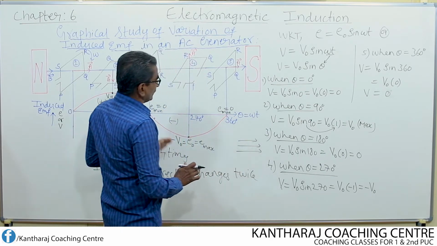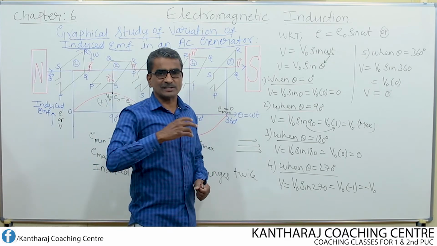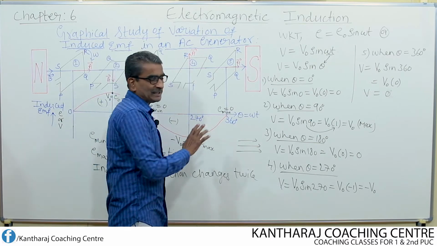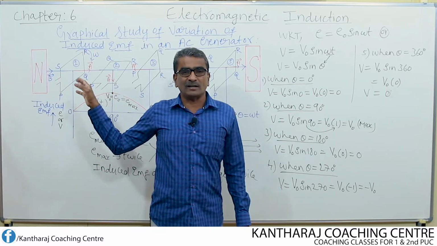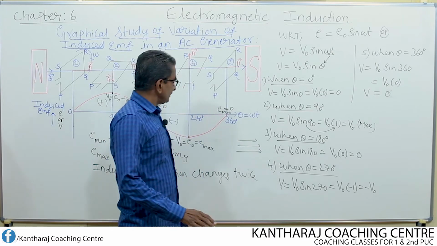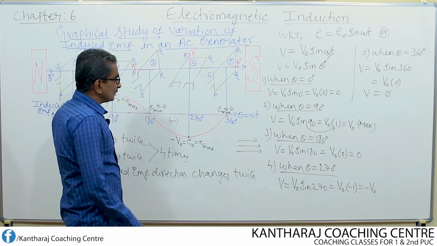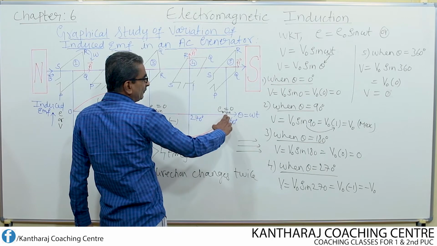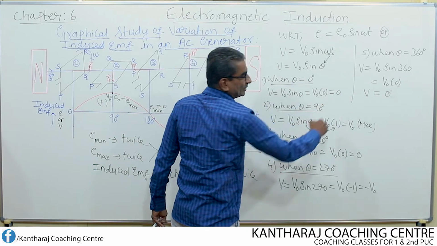Okay. So this is how the induced EMF magnitude changes along with the direction in one complete cycle when a coil is rotated in a uniform magnetic field. And we have taken the case of the coil which rotates in an AC generator. Since the direction of the induced EMF changes alternately, in the next cycle, again the magnitude of the induced EMF varies from 0 to maximum. It goes to positive of cycle and again from positive to negative.